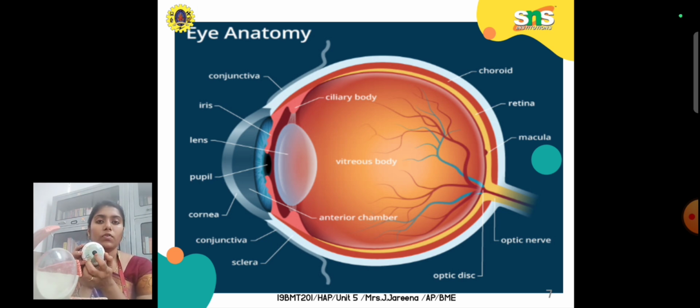For example, the iris and pupil have a stretching property. When people are in a dark room, automatically the pupil size gets enlarged. The iris and the pupil get enlarged with the support of the ciliary muscle. The reason is that when a person is in a dark room, the eye tries to capture the maximum light to get inside the eyeball, so that people are able to see the image clearly.